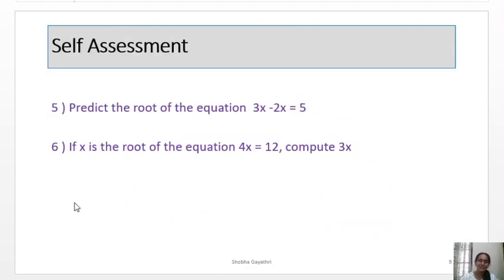Yes, we are at the end of the lesson. Hope you are clear on transposition rules and how to find the solution of an equation. Here there is a self-assessment question. Without paper and pen, try to get the answer yourself. Otherwise watch the video once again. Try to recollect the rules, then find the solution yourself. The two questions are also very easy.